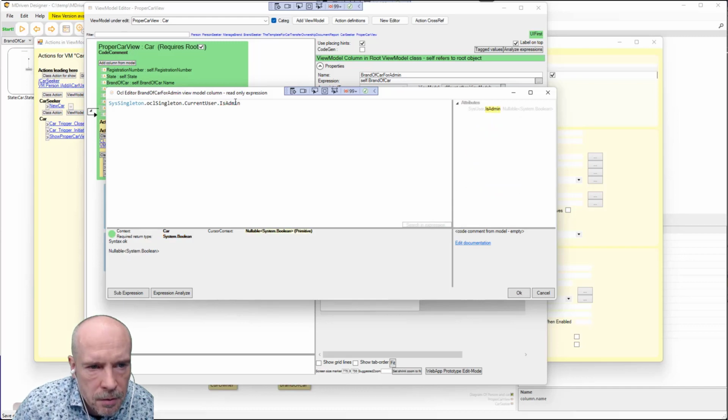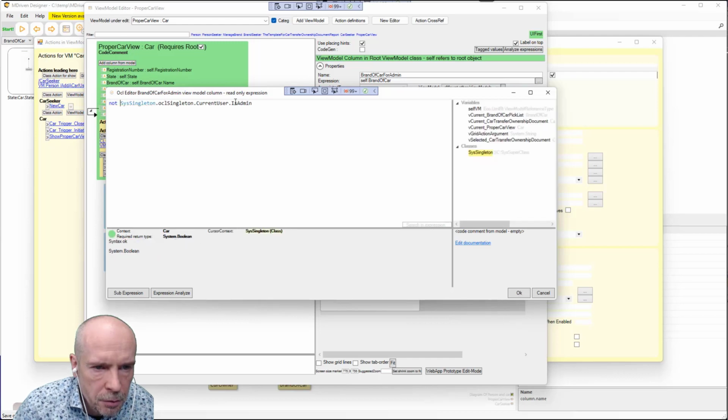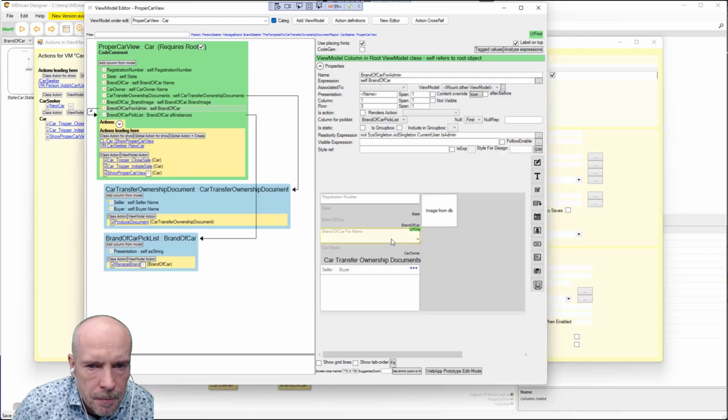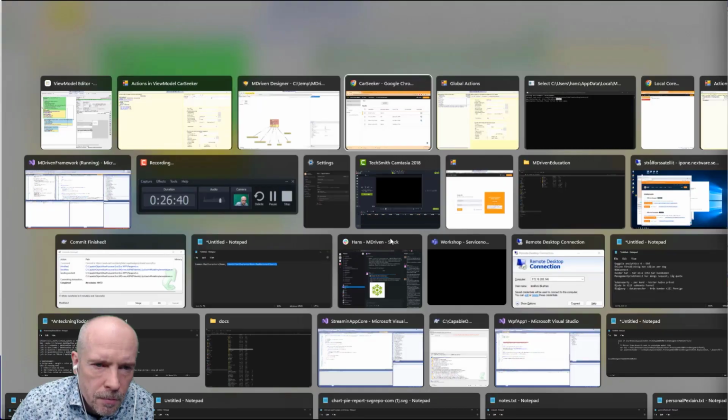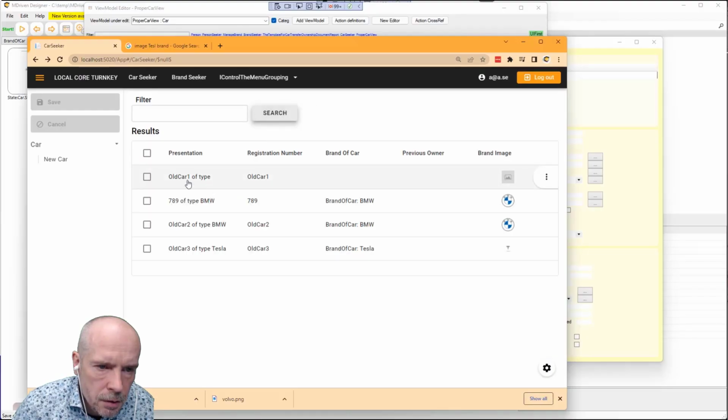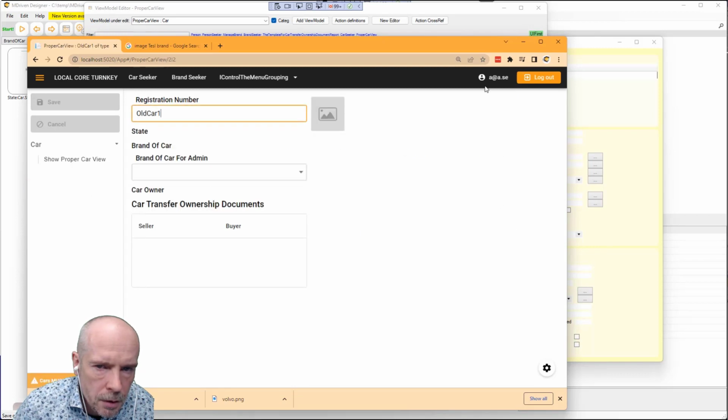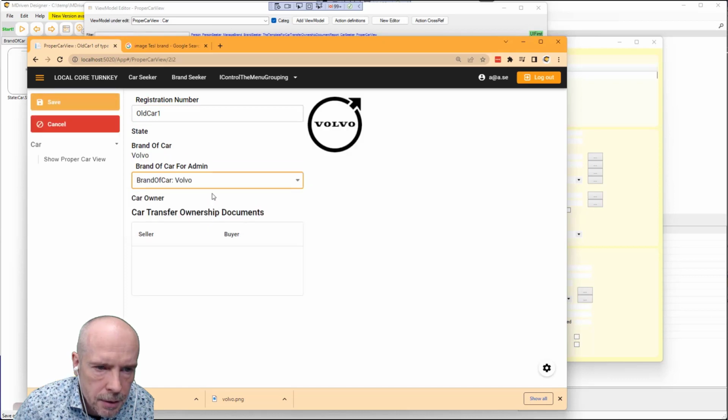So since this is a read-only expression, I actually want it to be negated from this. I'm going to put not in front of it. So if you're not the admin, then read-only will be true. Read-only true means that you can't edit it. Having done that, we can search and check the proper car view. And now I can change because I'm logged in as a user, which probably then is admin. So I can set that one, but